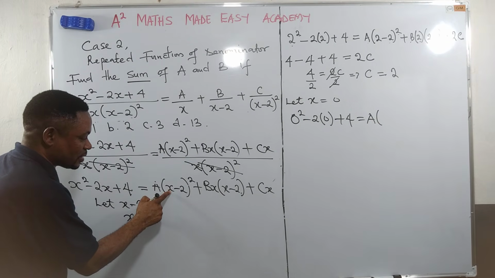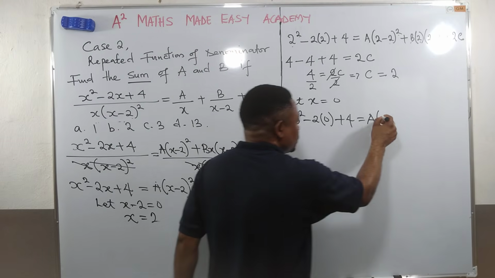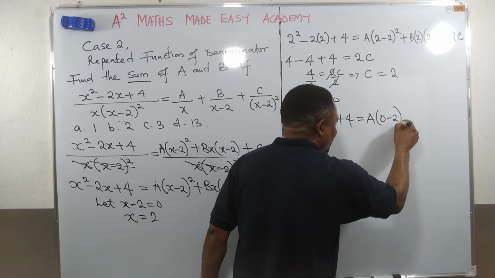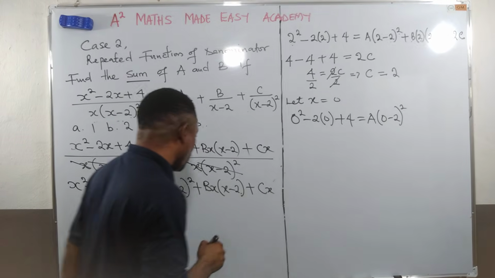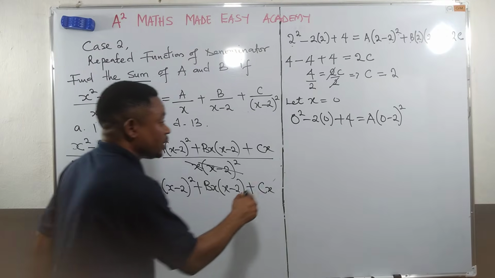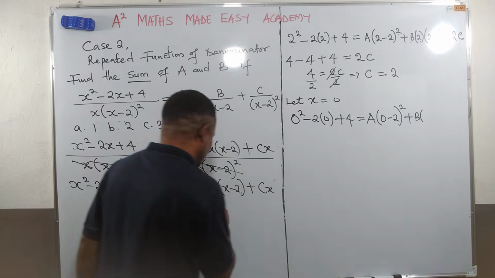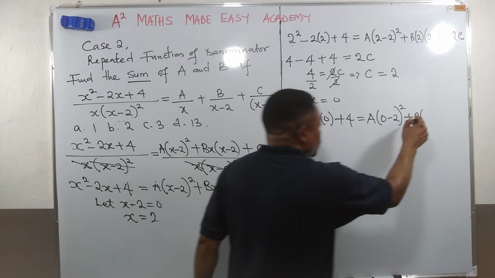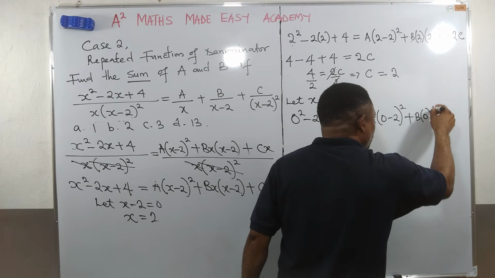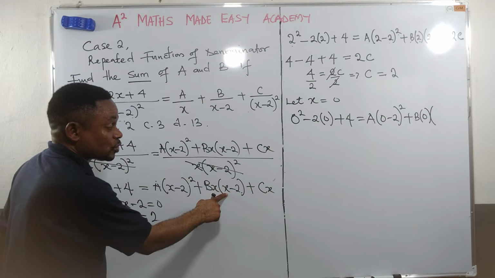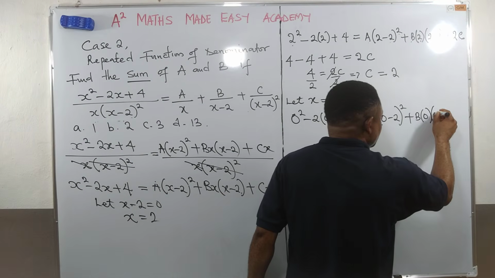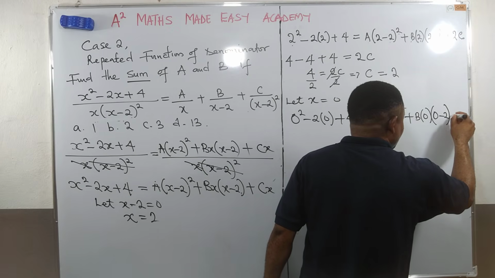So we have seen x again. What is x? x is 0 minus 2. Close the bracket, all squared. I will now move over again. Plus b. Open bracket. What is x? x is 0. Put 0. Open the bracket. Open again. What is x? x is 0. I'll put 0 minus 2. Close the bracket. Then plus